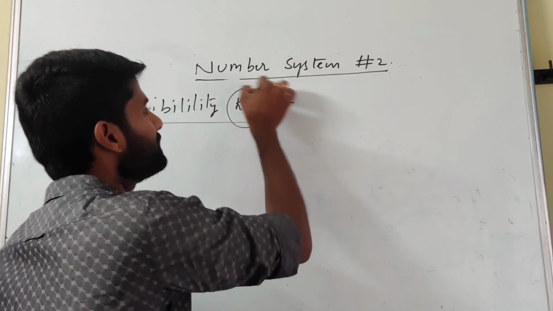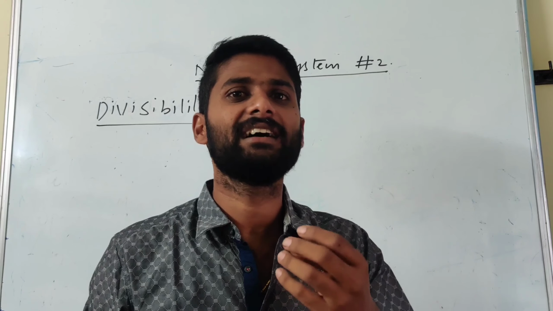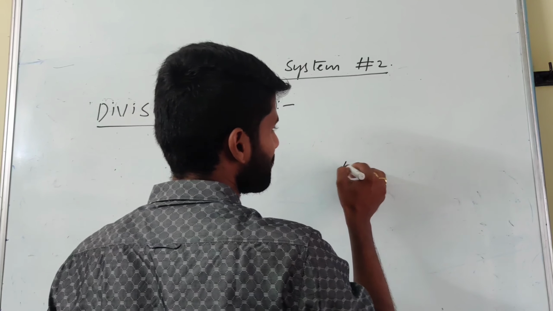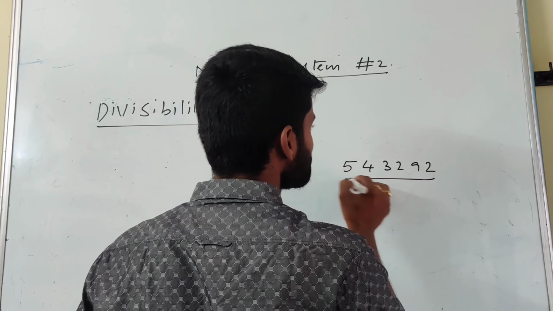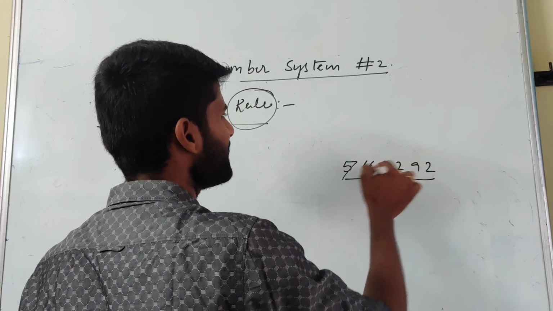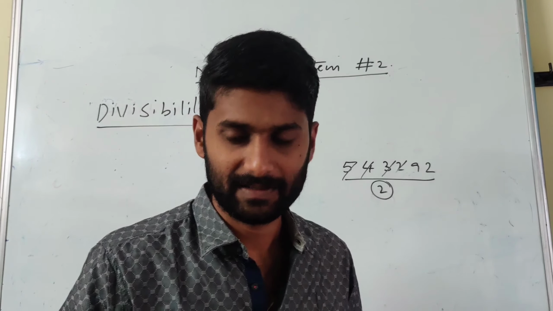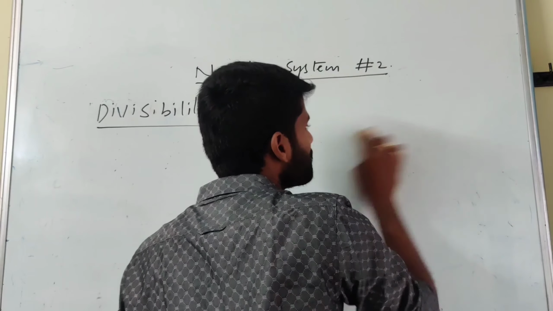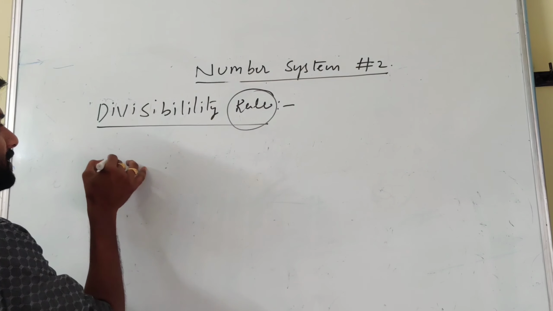First of all, a rule can be defined as a direct methodology or direct calculation in any particular topic. For example, if they give us a larger number, 1543292, and ask whether it is divisible by 2 or not, don't go with the entire number, just focus on the rule, and we get the direct calculation. So in this video, we will check what the properties and rules are for different numbers. We'll start with rule number 1.